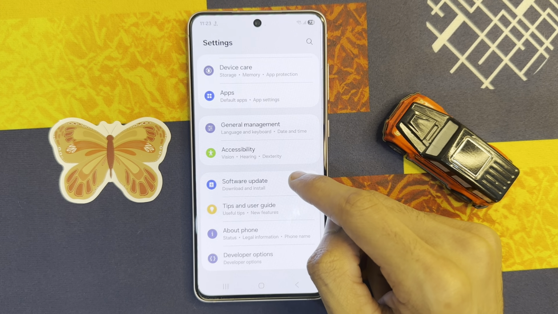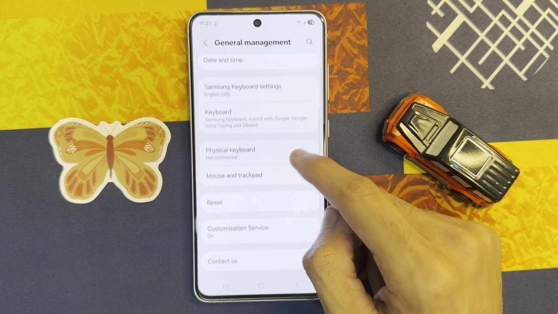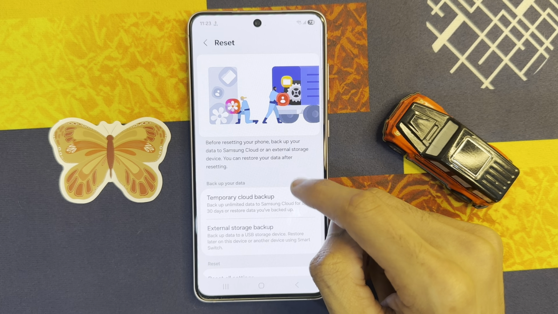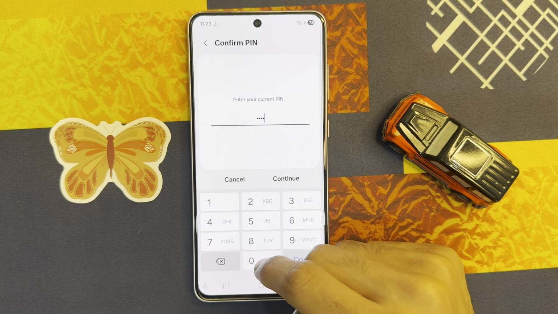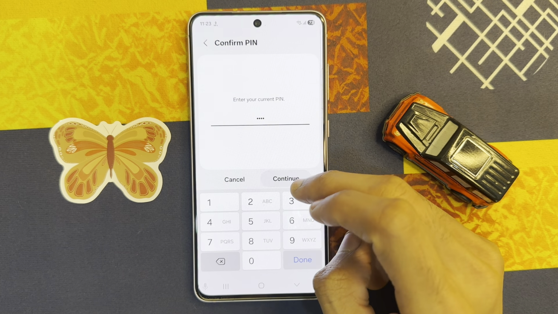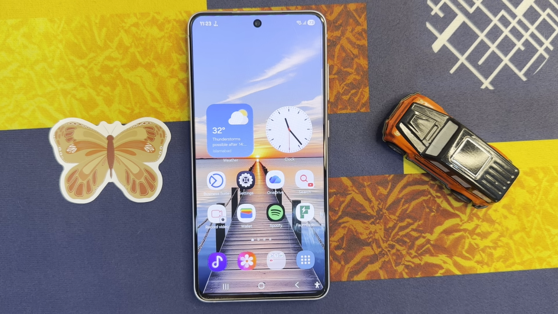to the end, click on general management, click on reset and click on reset network settings. Reset settings, enter phone pin, click on continue. Again click on reset, you will see your problem is solved. But if it's still not solved,